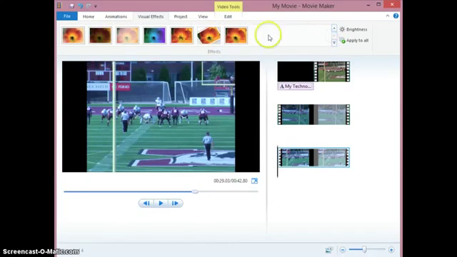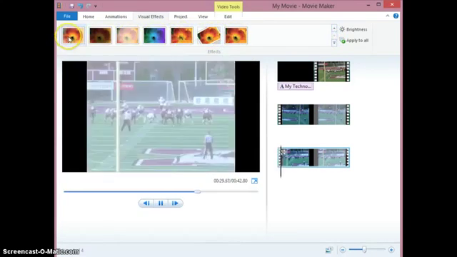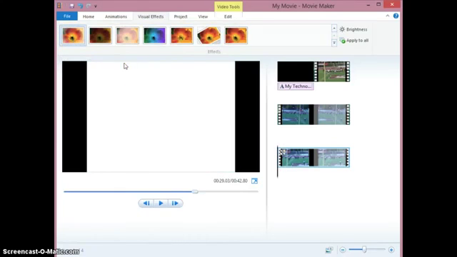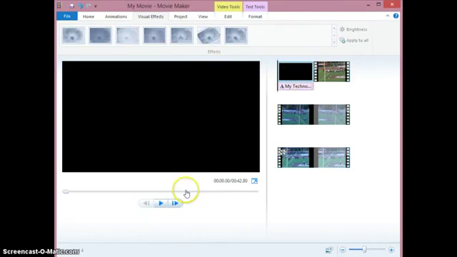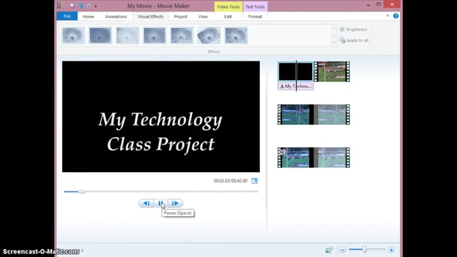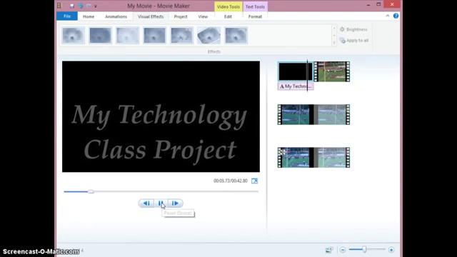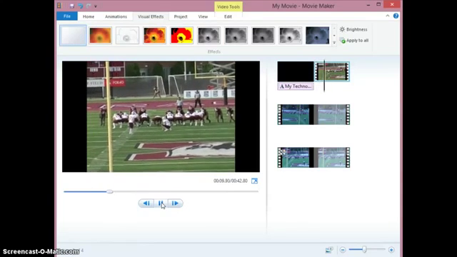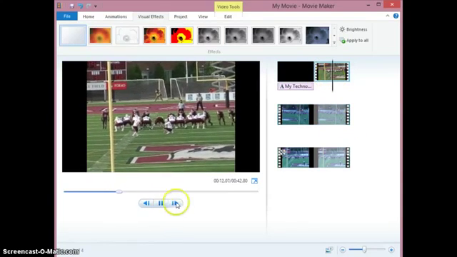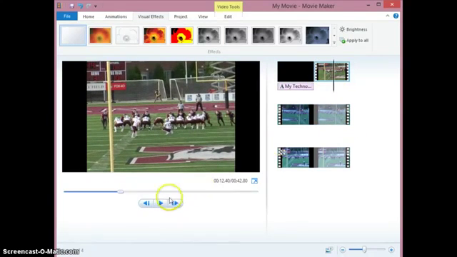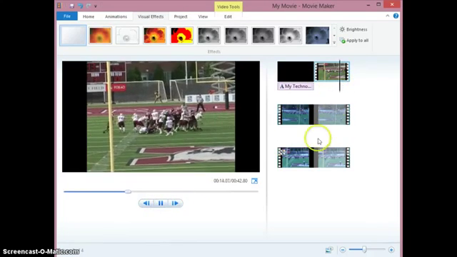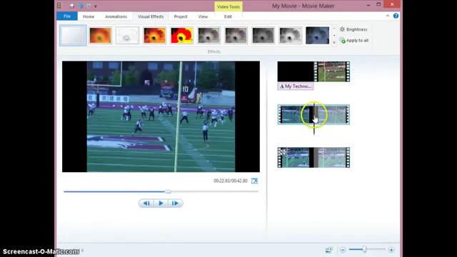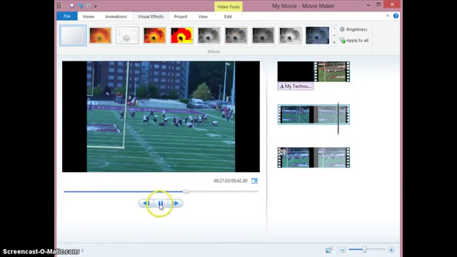Okay, so we'll just do something simple. I'll fade in from white. So we go back up to the start, my technology class project comes in right into the first scene. And if we speed it up, we come to this last one here. Once it starts,